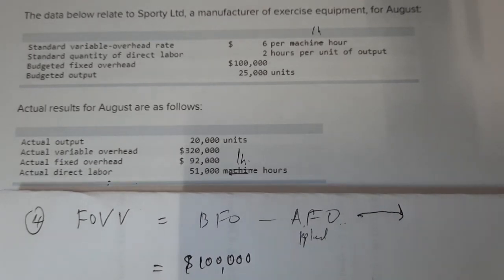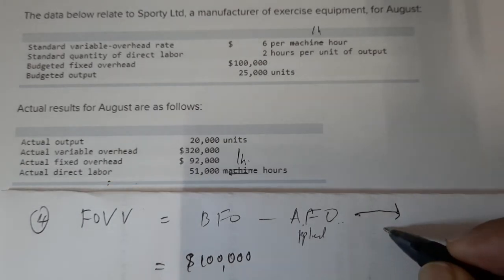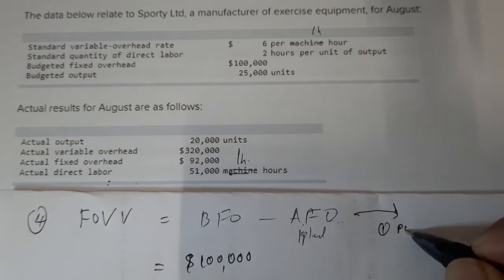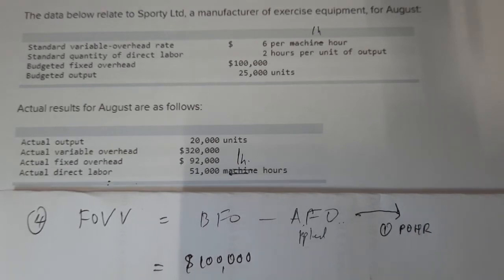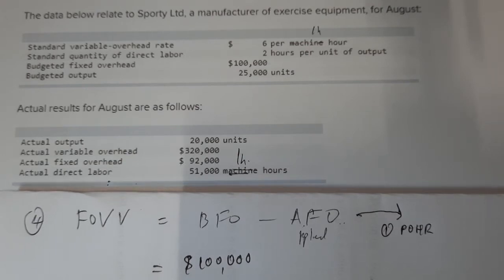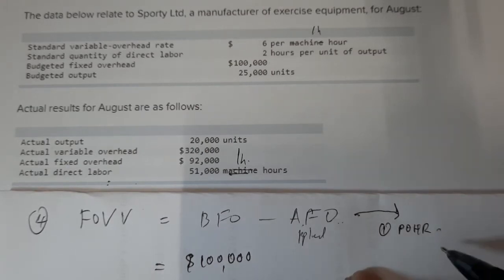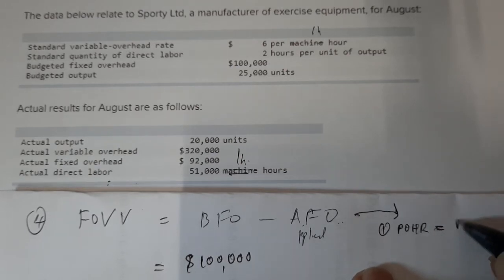To calculate applied fixed overhead, there are two steps. The first step, you have to calculate the POHR, predetermined overhead rate. And the second step is you have to calculate the standard hours for the applied overhead. Okay, so we do it one by one. So what is the POHR? The basic formula for the POHR is budgeted